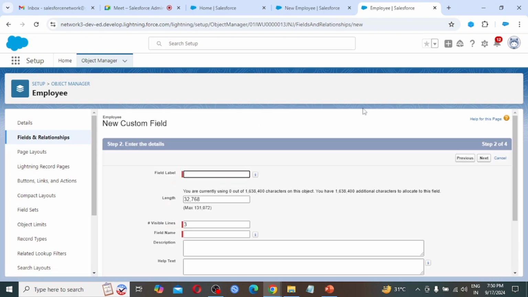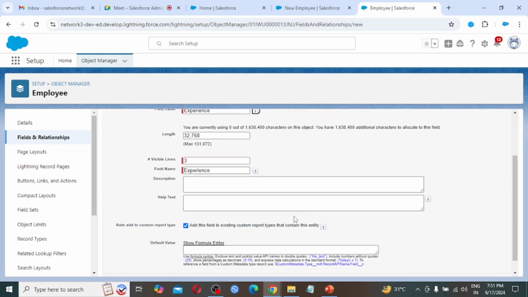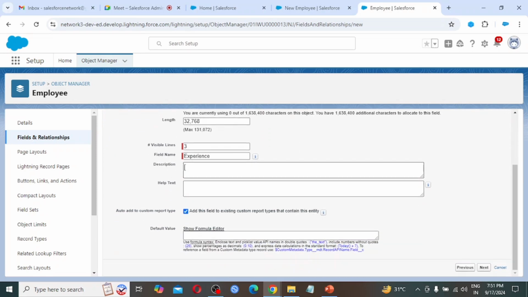Next we have to provide the field label. Hit the tab button. Visible lines will be only 3. We can make it more also. So I am skipping the information, description, help text.